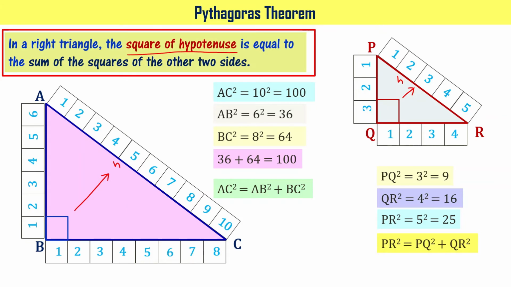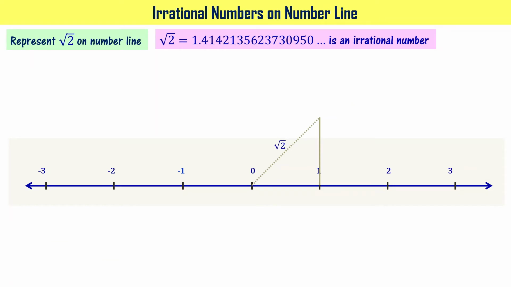So with that concept in mind, let's go back to our original problem. We said that this length is 1 unit and this length is 1 unit. And since we have drawn a vertical line perpendicular to the number line, I can say that this is 90 degrees angle and this particular line, dotted line, is your hypotenuse. To represent it in a better way, let me call this point as A, this point as B, and this point as C. Now AC is hypotenuse, right?